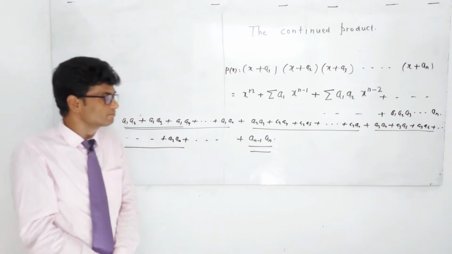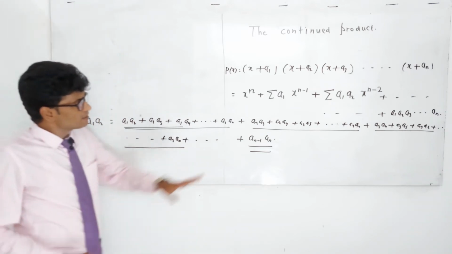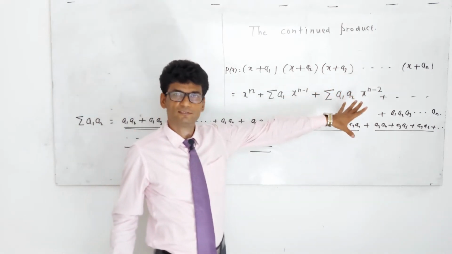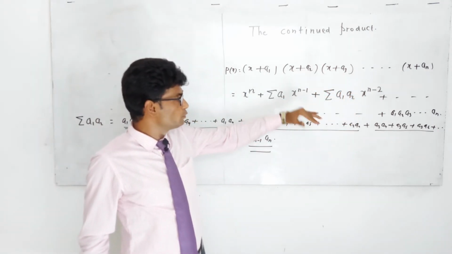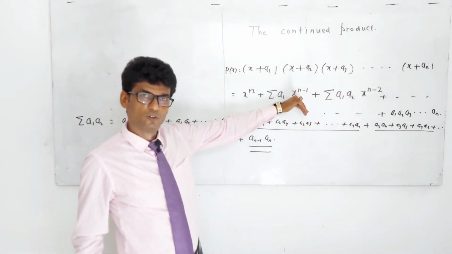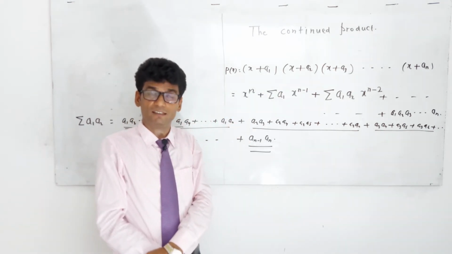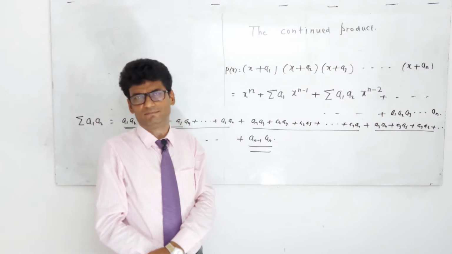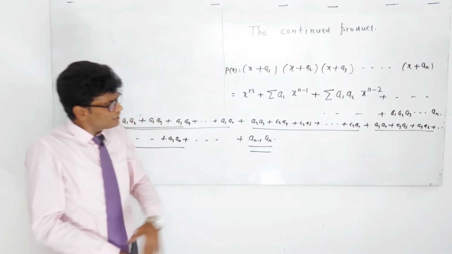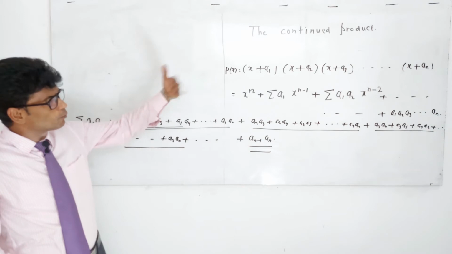Look at this. This is known as the continued product. We are going to use this result to carry out calculations in quick time. That is why. Now another advantage of this continued product is that